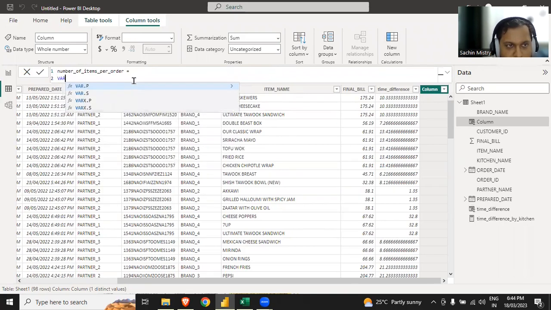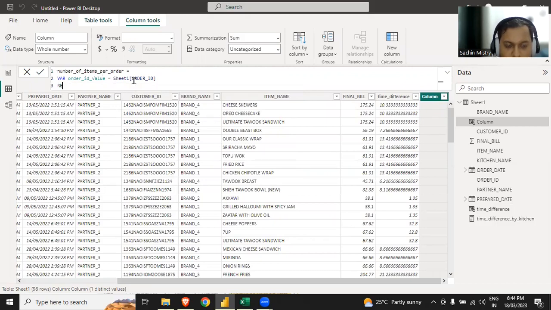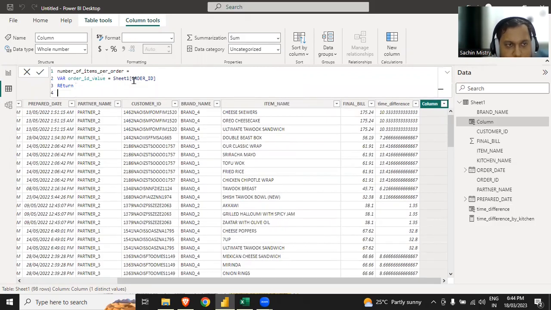What I'll do is I'll just create a new variable. Let's say order ID value, and this value will be my order ID. The second thing what I'll do is I want to return a value which will be